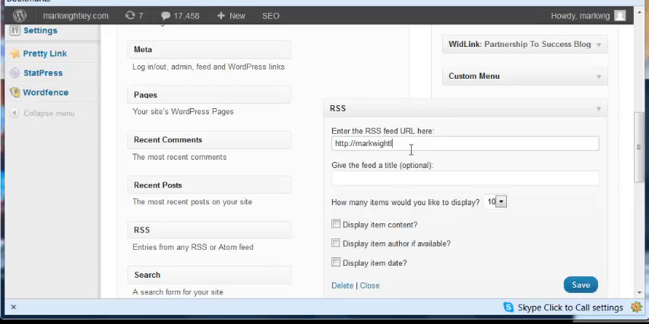Mine is markwhiteley.com/feed. Okay, you can give it a title if you want, or you can just leave it as RSS feed. Okay,